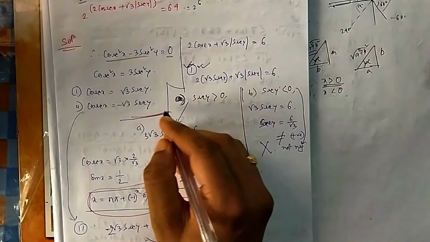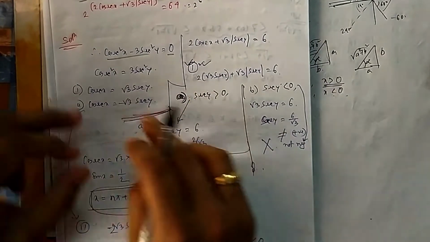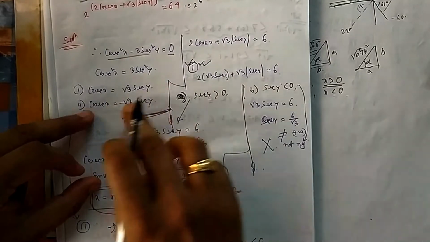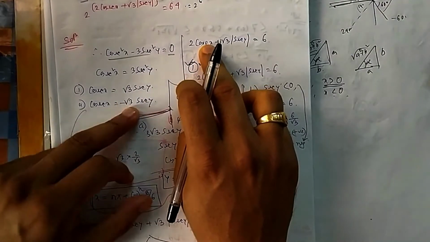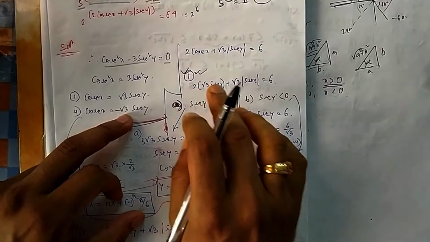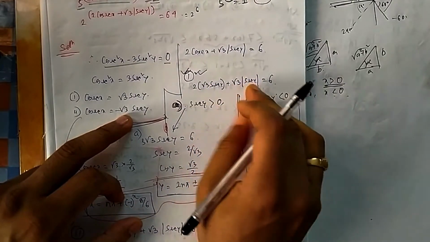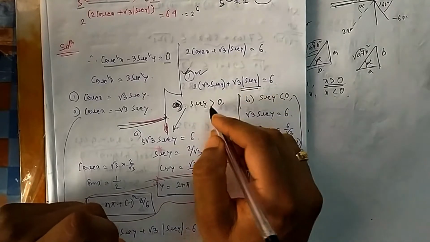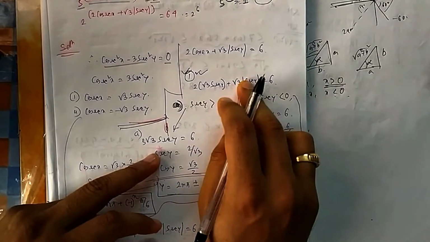So let me come to this. Are you getting it? How am I coming from this? From here I put in here the first case. Then I have to do after some time the second case also. I have to put this one also, cos x is equal to minus. So this one we will do later. Once I put this one, then also I have 2 cases, because there is a mod. So I have opened this mod. So if it is greater than 0, then no need of mod. Then how will it look?